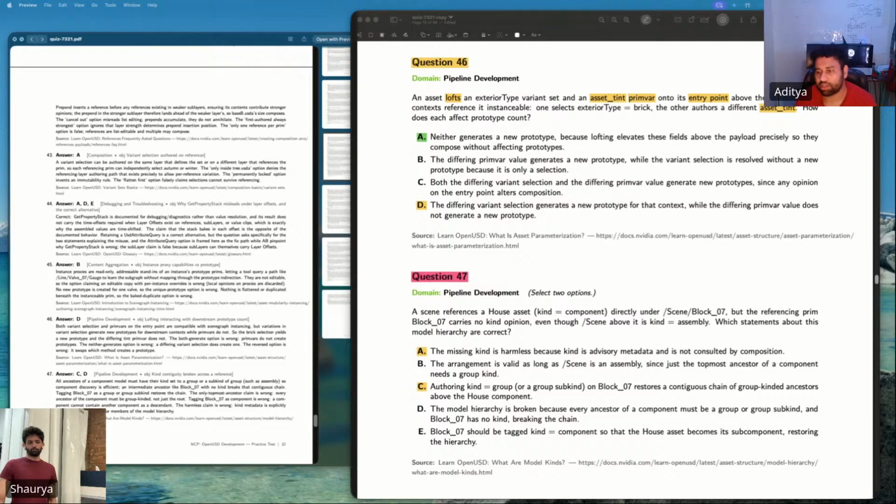Let's say if we do not have the scene reference as kind equal to component mentioned, then would A be correct?